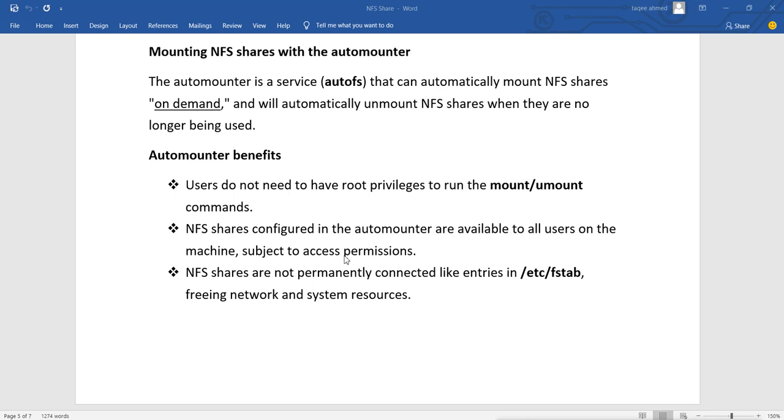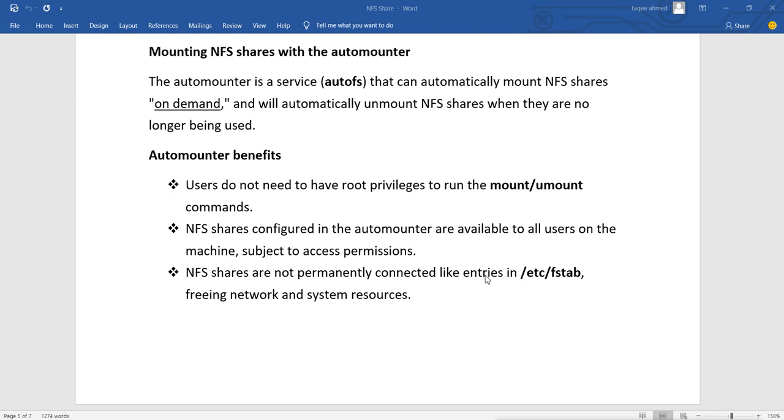Now permissions may be different, because permissions are defined by the administrator on the NFS share by the local permission, that is advanced ACL permission. So they will get the permission according to that, but they can still access the NFS share.